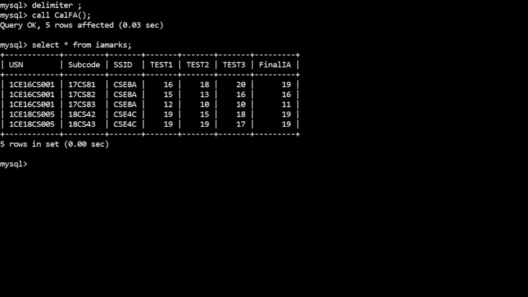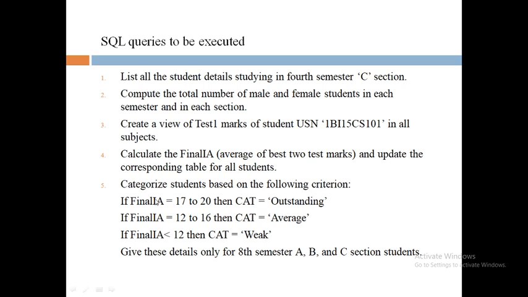Then the last query is to categorize students based on the following criteria. We have to compare the final IA marks that we have just calculated. If it is 17 to 20, then we say outstanding in that subject.